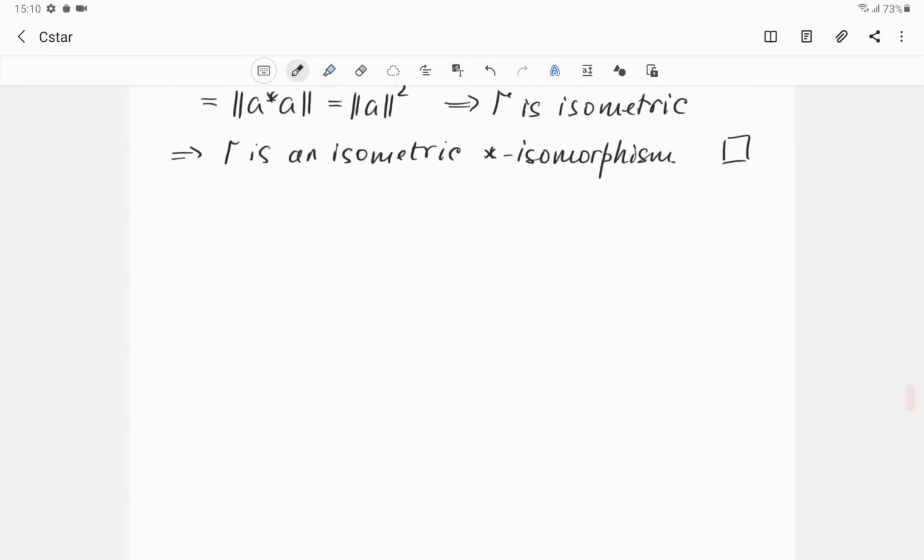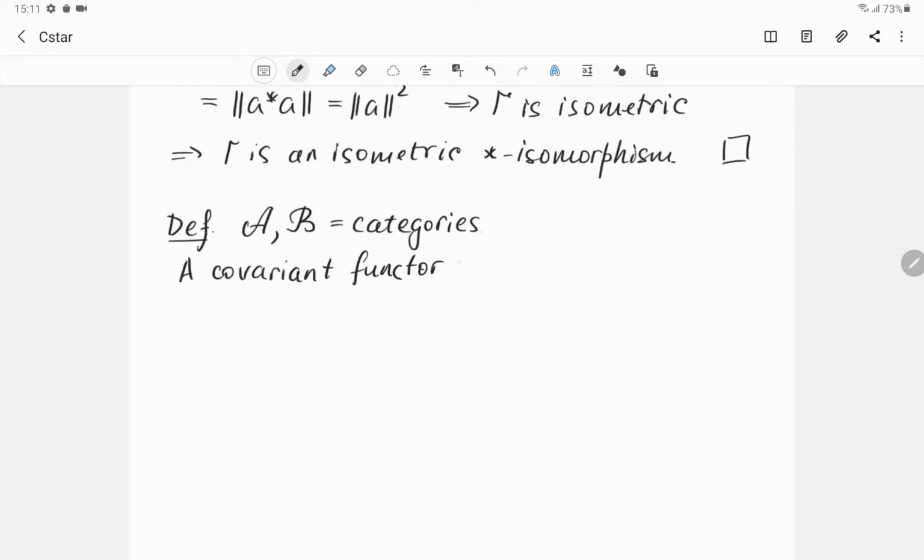Let's now discuss a useful category theoretic interpretation of this result. First, let's recall the following category theoretic definition. Suppose that we have two categories, A and B, and suppose that we have a covariant functor F from A to B. Then we say that F is an equivalence between A and B